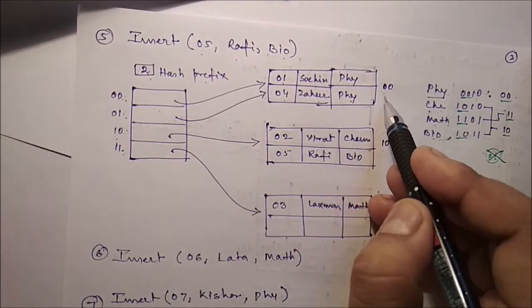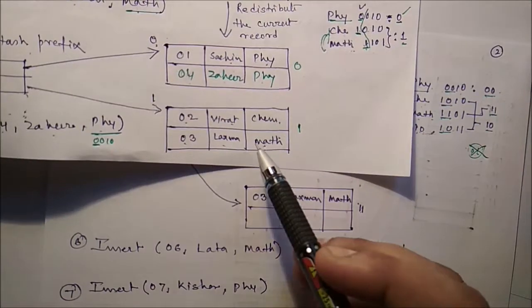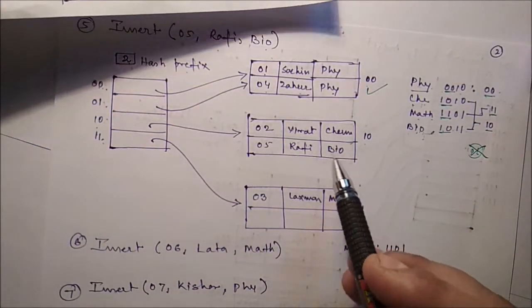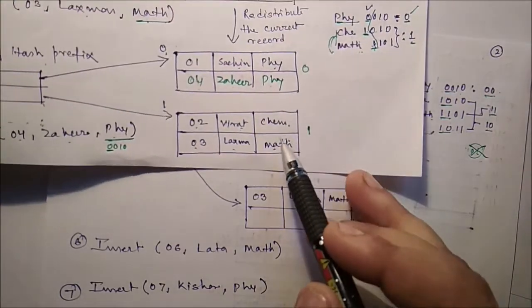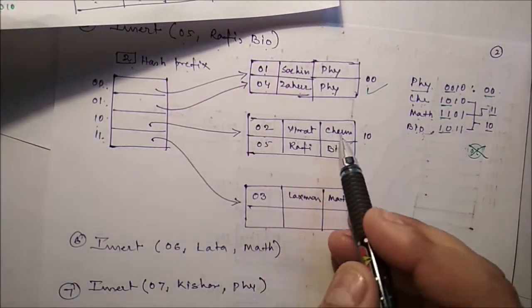Okay, now it is over. Next is what we can see, the Virat. So here chemistry, if it is chemistry and biology you can put together. So chemistry is what? 0 2 Virat chemistry. Here you have to put 0 2 Virat chemistry.